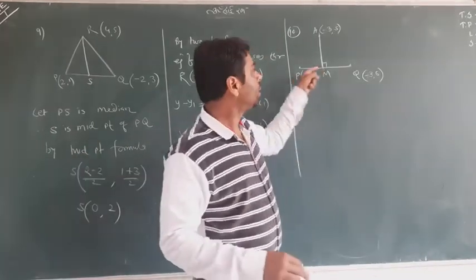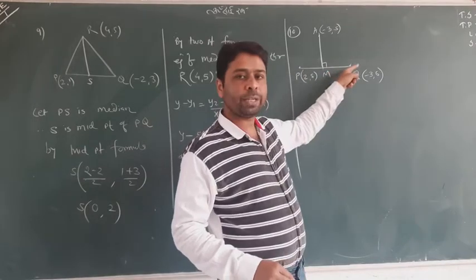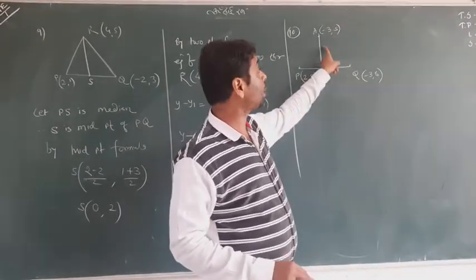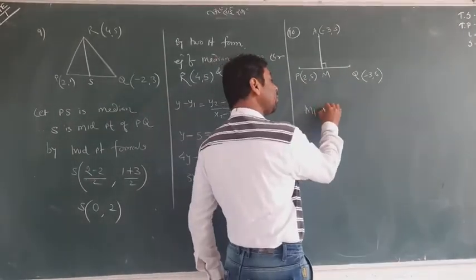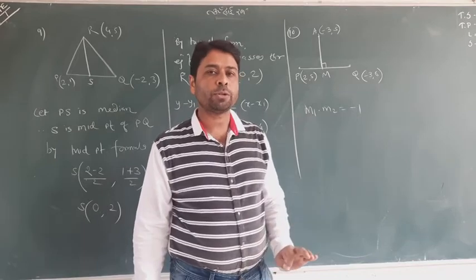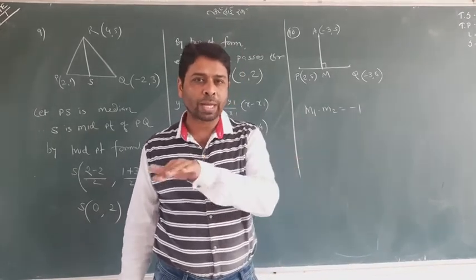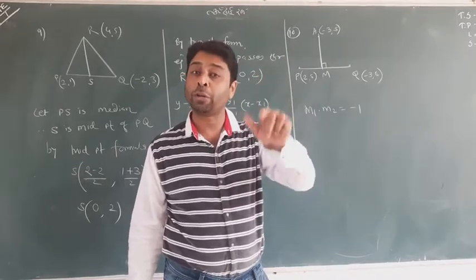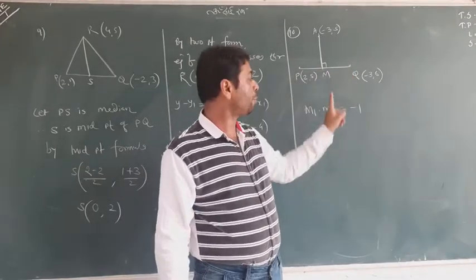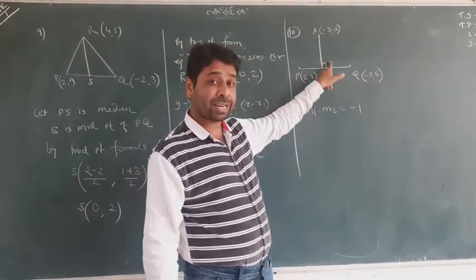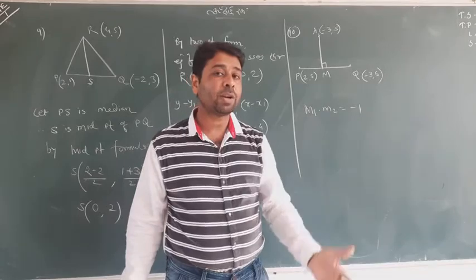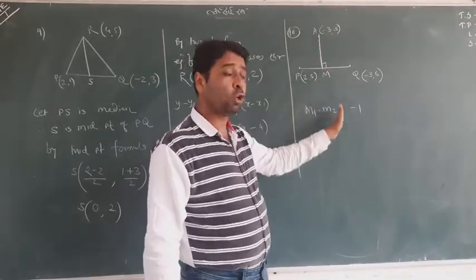So the slope of PQ we can find, and one good thing is that this line is perpendicular to this line. I taught you that when two lines are perpendicular, the multiplication of their slopes is equal to minus 1. This is one of the very important concepts. When you know the slope of one line, you can find the slope of its perpendicular line. So if m1 is the slope of PQ and m2 is the slope of AM, both are at 90 degrees, their multiplication will be minus 1. If you know m1, you can find m2 easily, and that is our requirement, that we need the slope of the line AM.